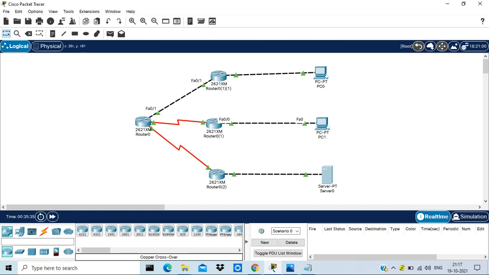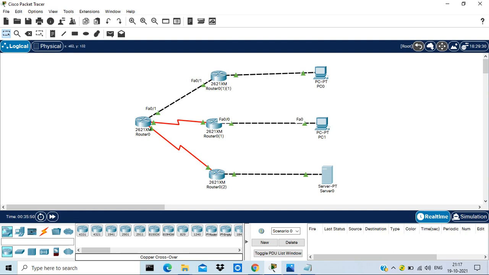All the PCs or desktops in the head office should have a local area network, and these are three WAN ports of the head office router. The first WAN port is connected to branch 1, the second to branch 2, and the third to branch 3.